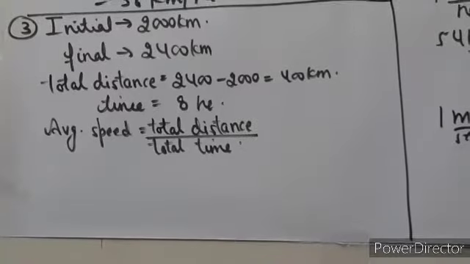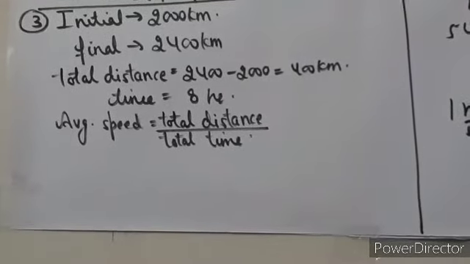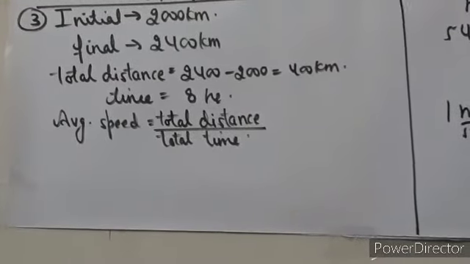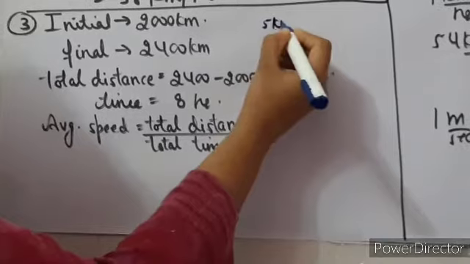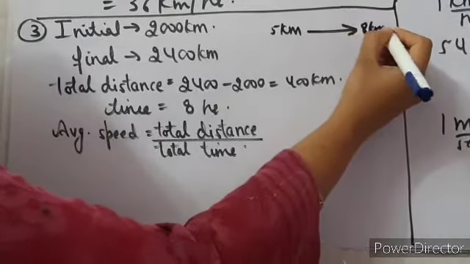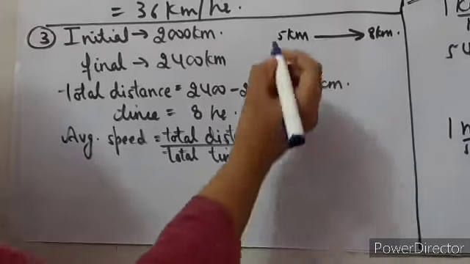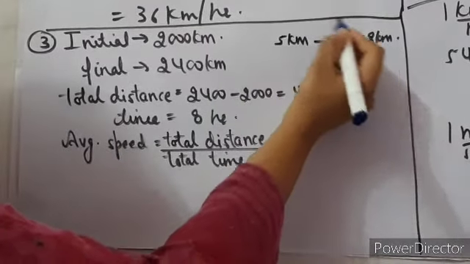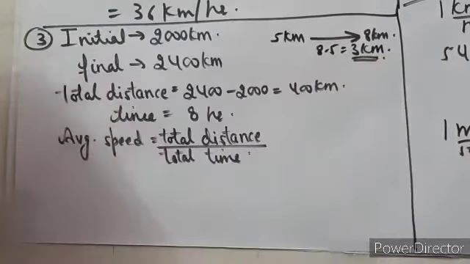Let's do it. Now in this question, it is said that the odometer of the car reads 2000 at the start and at the end it reads 2400 km. Now children, understand this point. Suppose you are standing at a position where it is written 5 km and after some time you reach a point where it is written 8 km. So what is the distance you covered? Is it 8 km? No. Because we are not starting from 0, we start from 5 and we reach 8. So what we have to do is final minus initial. So 8 minus 5 is equal to 3 km, which is the distance you have covered.